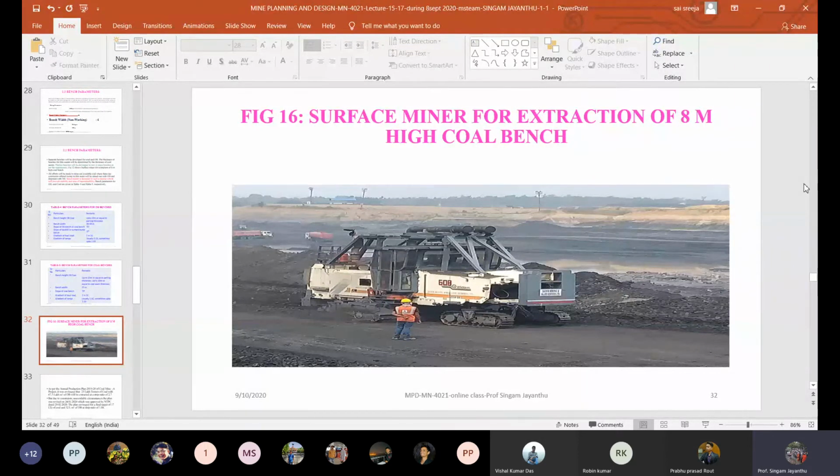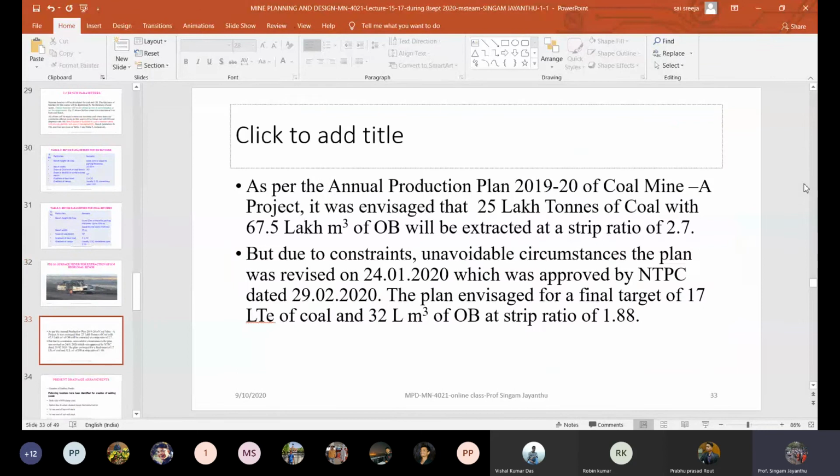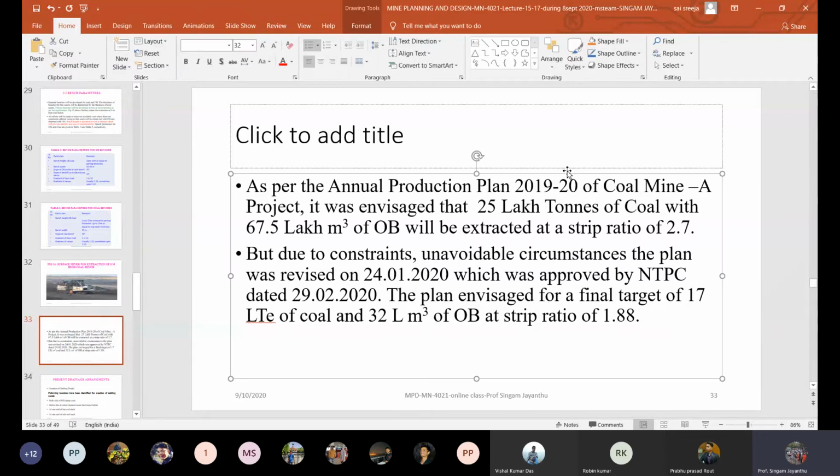And even we can say in a nutshell, a surface miner, if it can be properly utilized, you can achieve with one surface miner at least 5 million tons per year. You can note down somewhere, right? So that is possible without any problem. Okay, and specifications, of course, we can work out based on that. What should be the cut thickness, and then so many other parameters, width of that drum, and then depth of the cut. All those parameters are there. Then how many hours to be utilized? All those things matter.